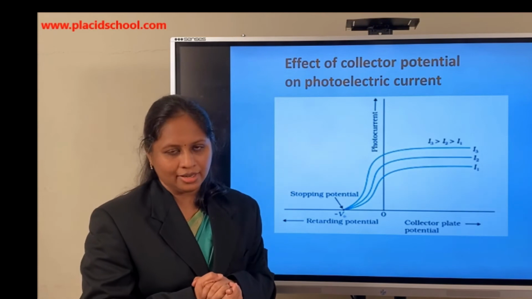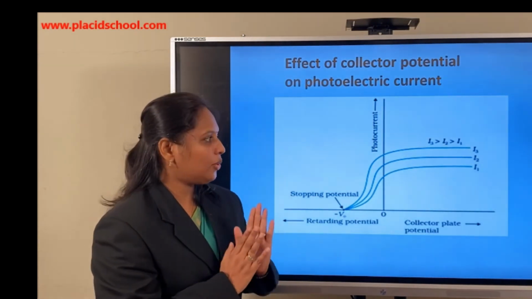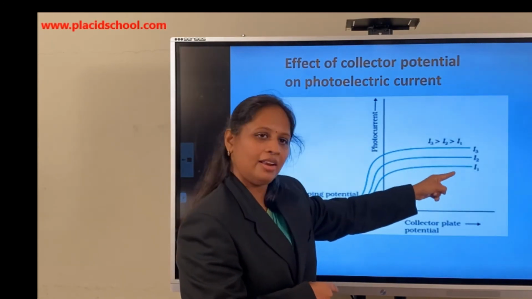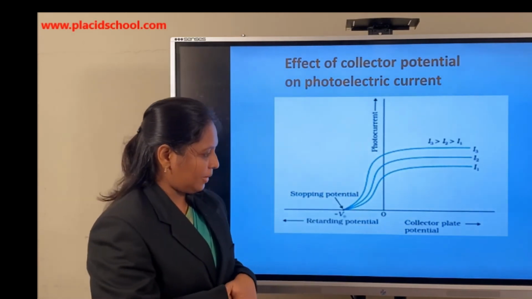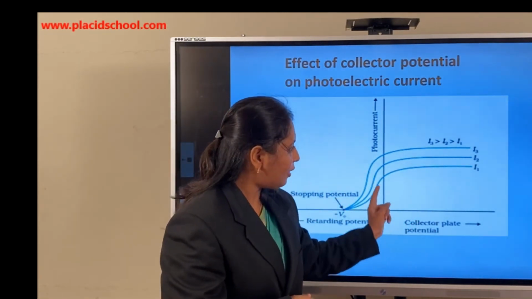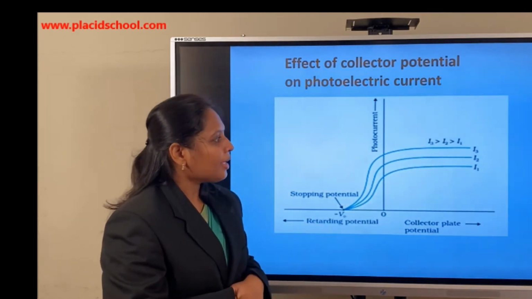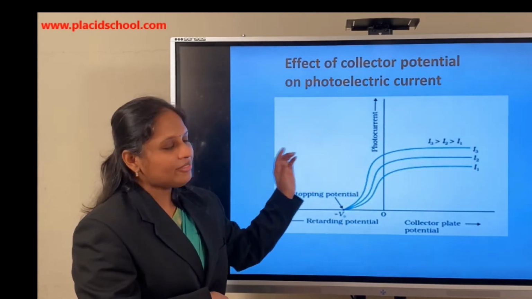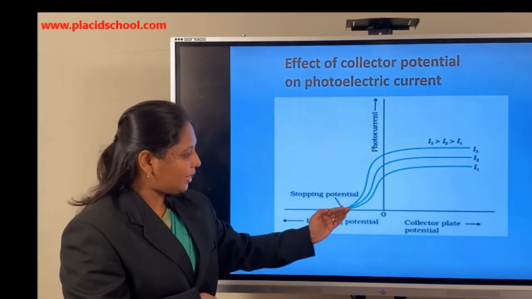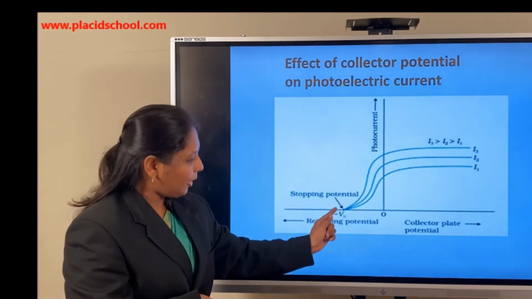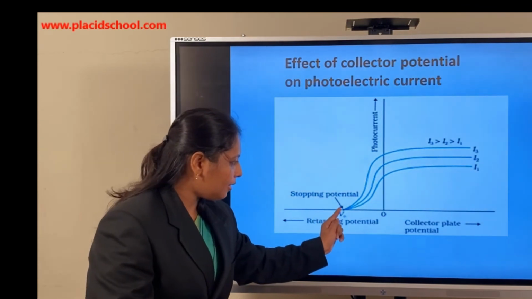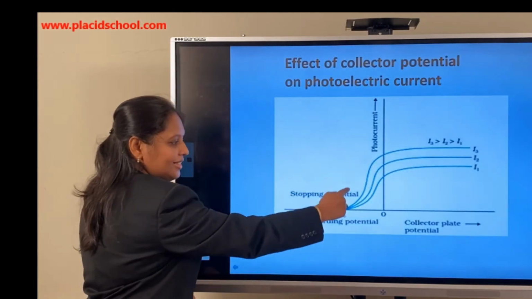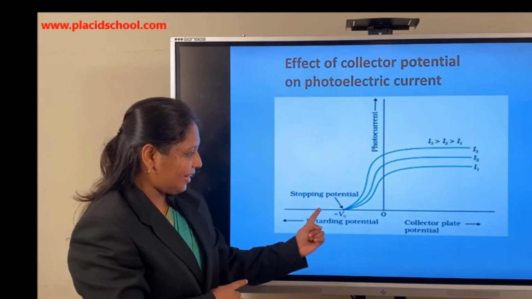The intensity of the light is increased. The frequency is the same. Okay, only the intensity is the varying factor. Now we have increased the intensity of the light to I2, which is greater than I1, and perform the same experiment. We increase the collector plate potential, and we can see that the current reaches a maximum value and it becomes constant, the saturation current. And as you give the negative potential to the collector plate and gradually increase the negative potential, at one particular negative potential of the collector electrode, you can see the photocurrent suddenly decreases and drops to zero again at the same point.